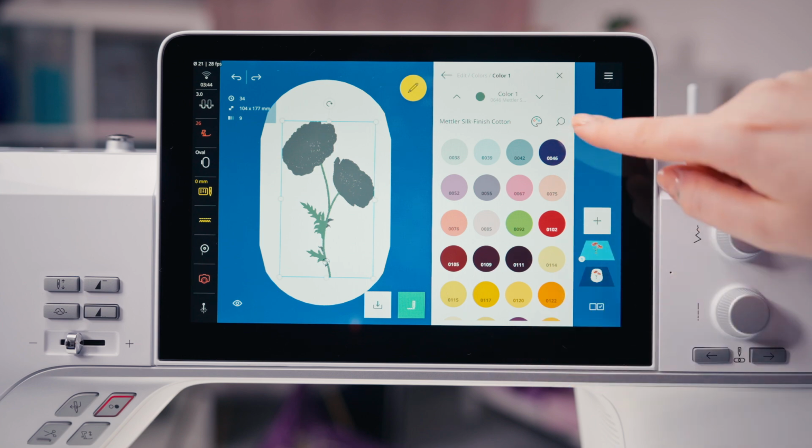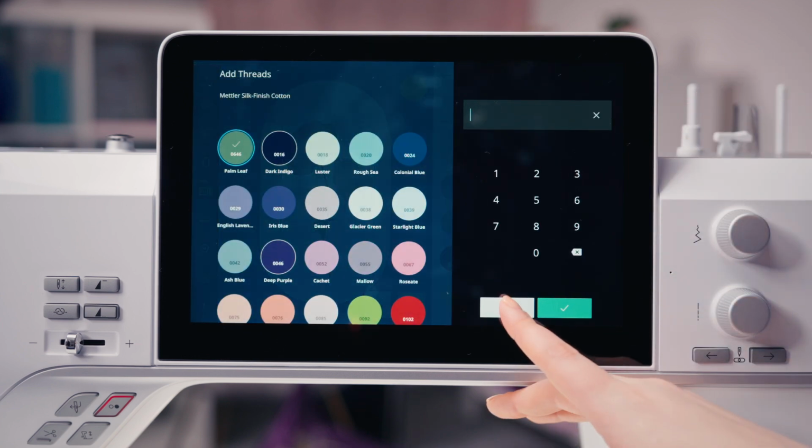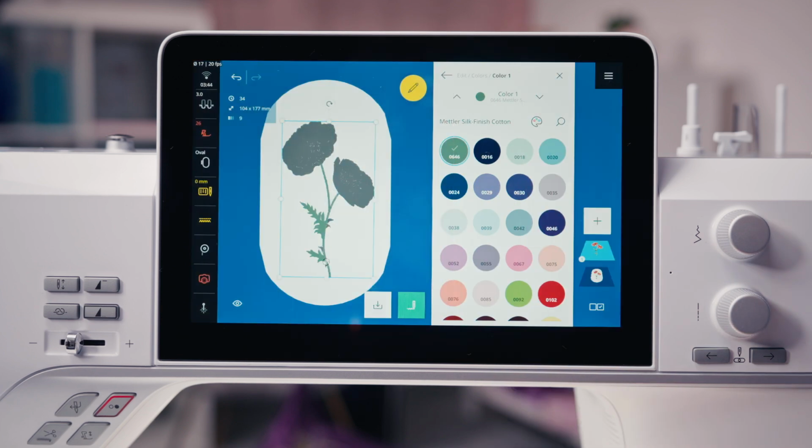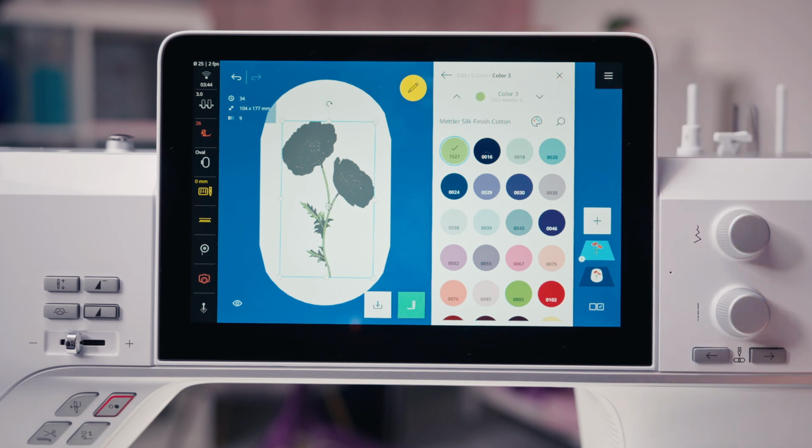You can also change a color individually by selecting it directly or by searching a color number. Scroll through the colors to see how they look within the design.